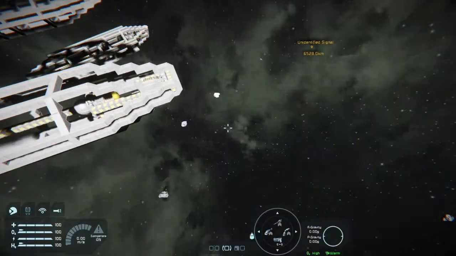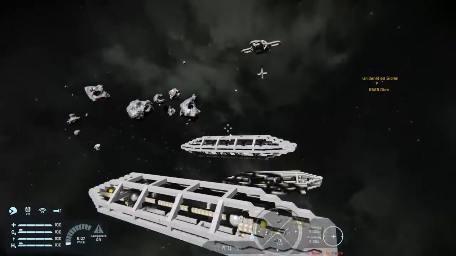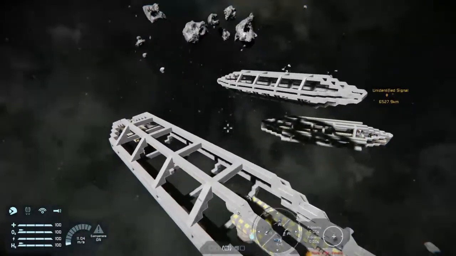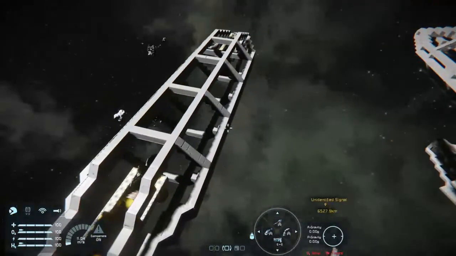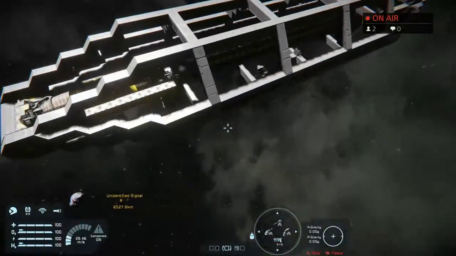Okay, so we'll kind of go for what I... So basically what we're gonna do is brainstorm. I want to do a bit of propulsion for the ship. And so far I've got a few ideas. I wanted to try something like this